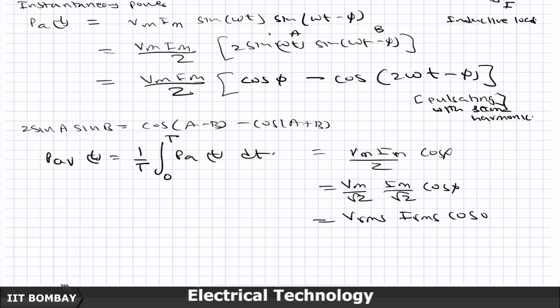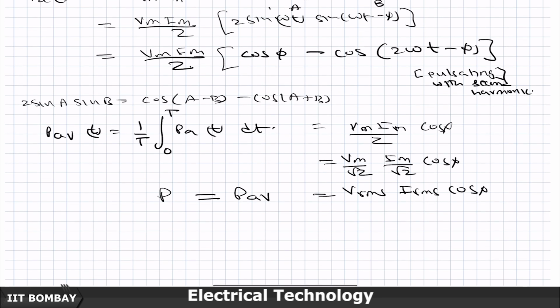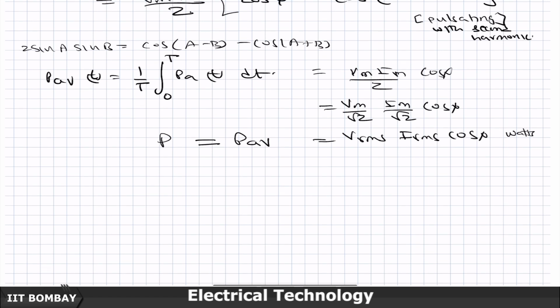And so, this P average, so usually we do not show P average, we just show it by capital P usually, is so many watts. So, if this is the average power per cycle, what I told you last time